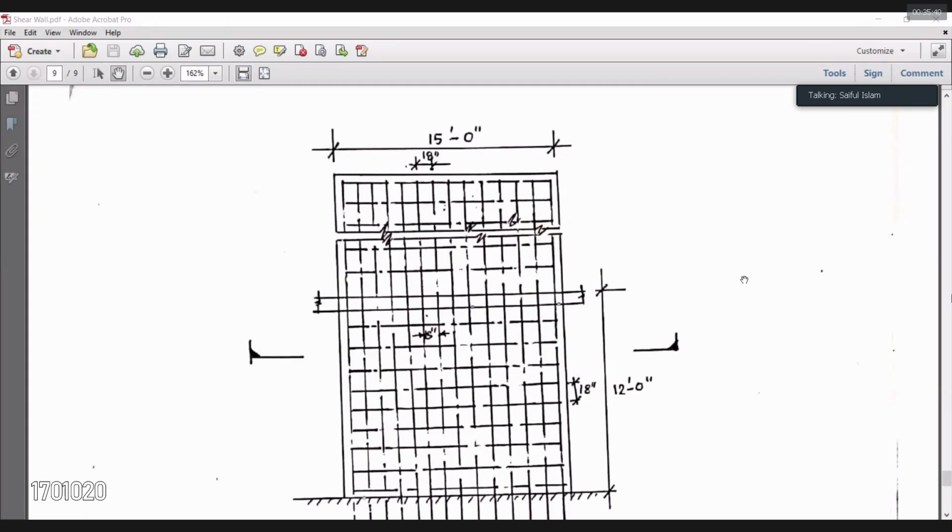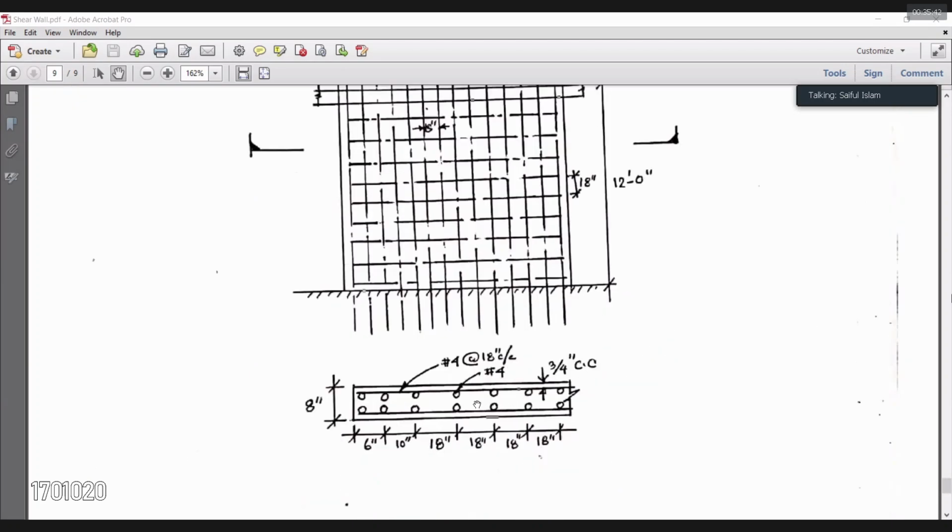দ্য সেম টাইম আমরা এখানে ক্রস সেকশন দেখাচ্ছি। এই যে 4 নম্বর বার অ্যাট দি রেট অফ 18 ইঞ্চি সেন্টার টু সেন্টার, এই সাইডের বার 4 নম্বর বার অ্যাট দি রেট অফ 18 ইঞ্চি সেন্টার টু সেন্টার, এবং এই দুই ধারে 4টা করে 4টা 7 নম্বর বার। আবার এটা অবশ্য অর্ধেক দেখানো হয়েছে, এই সাইডেও তোমাকে 4টা 7 নম্বর বার দিলে ইট উইল ফুলফিল দ্য শেয়ার, ওয়াল উইল হ্যাভ দ্য অ্যাডিকুয়েট এনফোর্সমেন্ট টু রেজিস্ট দ্য গিভেন লোডস।